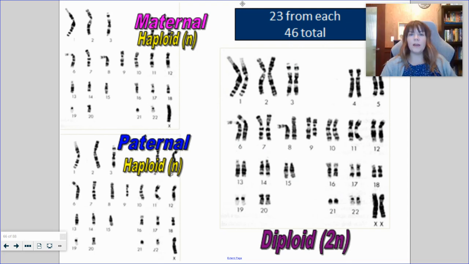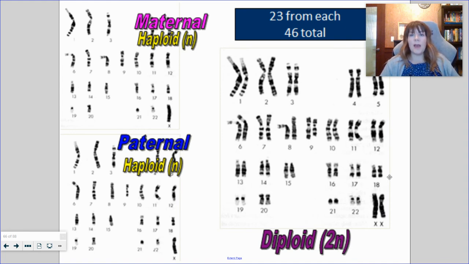Now, this is more realistic to what you would see. You would have a whole set of DNA chromosomes right here, all mixed together, and you're going through and trying to match them. When you match them, you have one from mom and one from dad: 23 from each parent, 46 in total. At the very end, you can figure out if it is male or female, remembering the X chromosome will be much larger than the Y chromosome. So if this was a male, the Y would be half the size or even a quarter of the size. So that is a